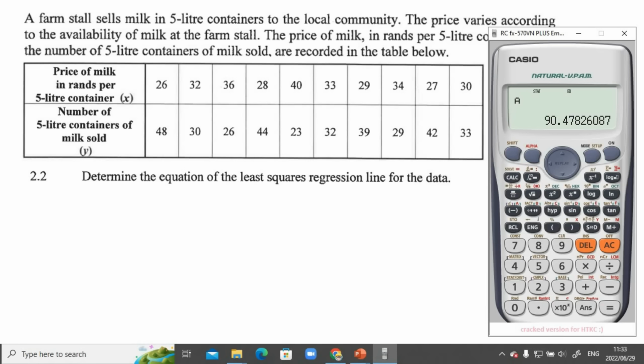So I'm just going to write that down on my piece of paper here, because if I write it on the screen, then the calculator disappears. So you should get 90,48, and let's keep that to 2 decimal places. So that's 90,48. For B, you're going to go shift stat again, number 5, but now you're going to go for B,